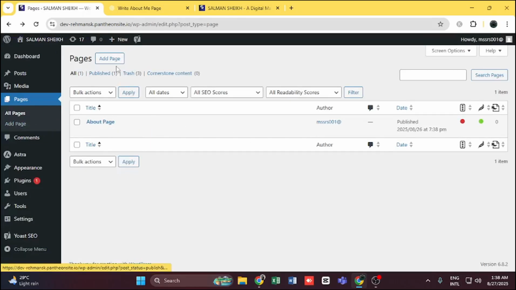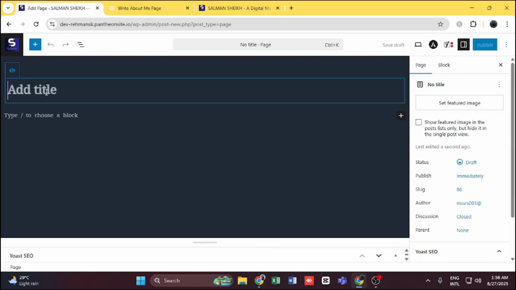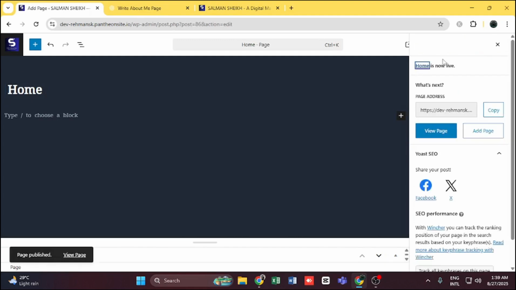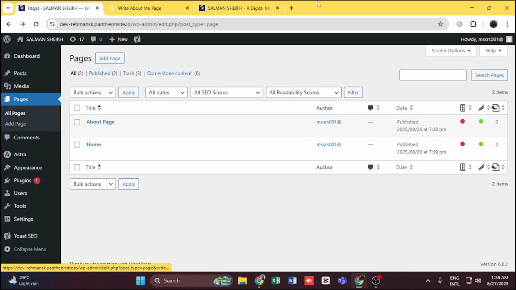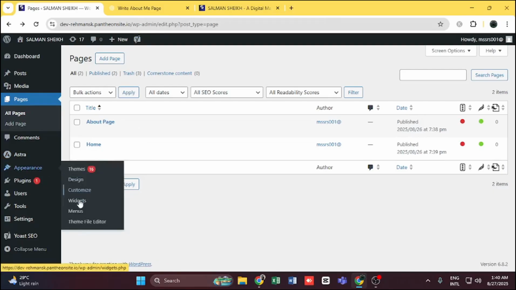And then we can add more pages, like home page. Publish, saving. Okay, and go to the appearance, and we will head over to the menu setting, and